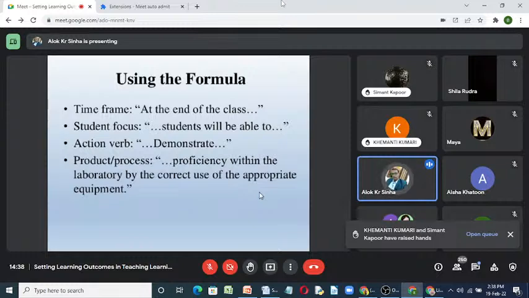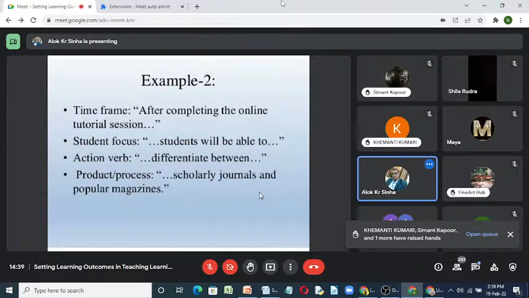Action verb: there are so many action verbs. Here, demonstrate is written. Product process: proficiency within the laboratory by correct use of appropriate equipment. So when students go in the laboratory, it must be clear that it is the correct use of appropriate equipment. For understanding anything, it is required. Next example is that we can frame the time as after completing the online tutorial session, and student focused: students will be able to